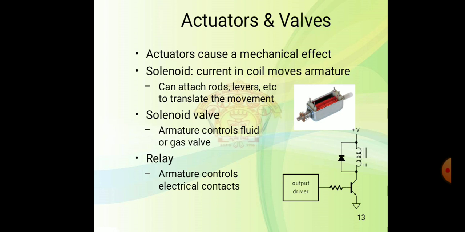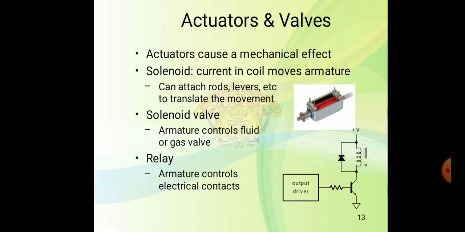Then there are various actuators we are going to use in a digital system. The output of any microcontroller or controller is given to the actuator, and that actuator is going to control output devices. Actuators are of various types: solenoid valves, relays, plungers, or motors. These are the actuators you will get.